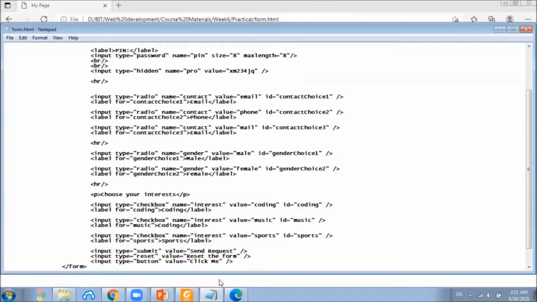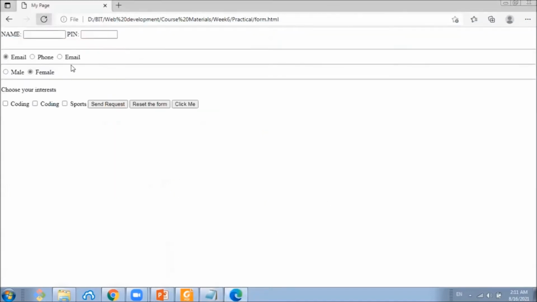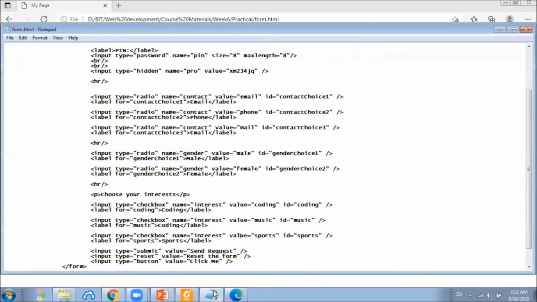Now let's try it out. Here it asks the user to choose your interest. It's coding. Now in this case we have to change it to music, and then let's try it out.